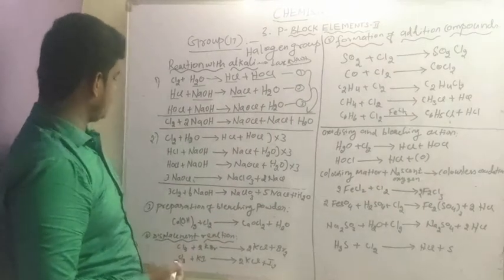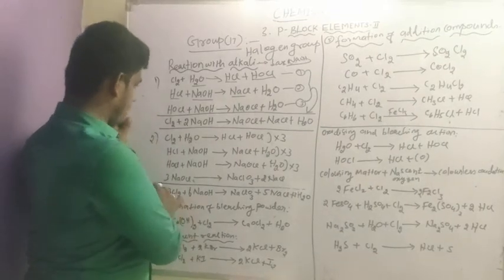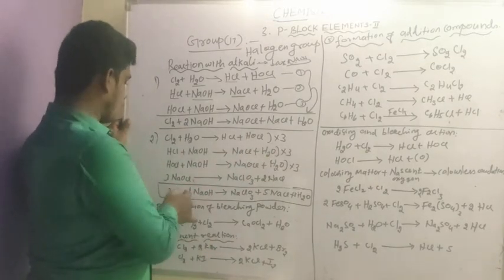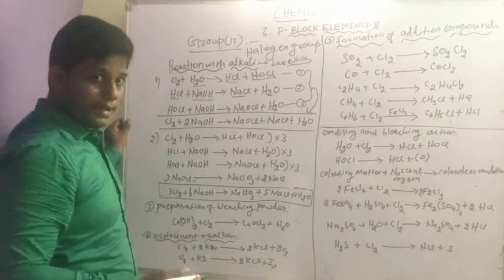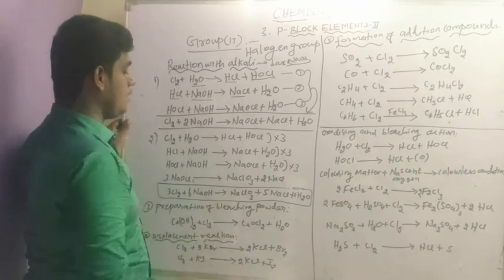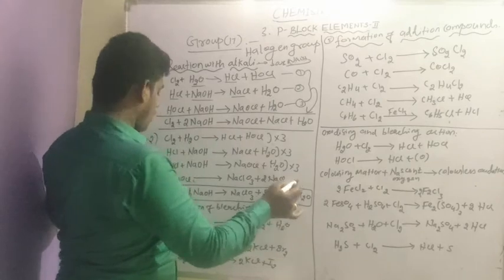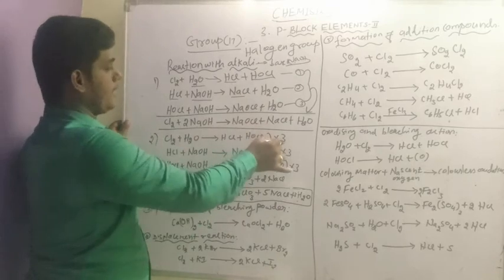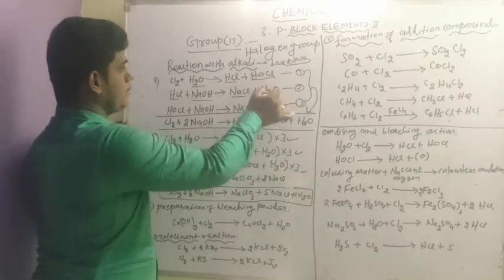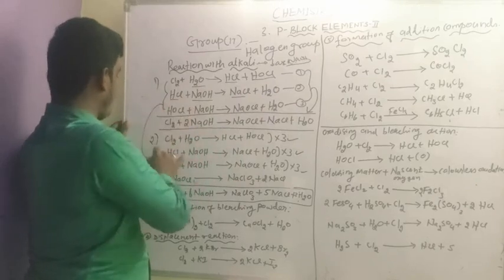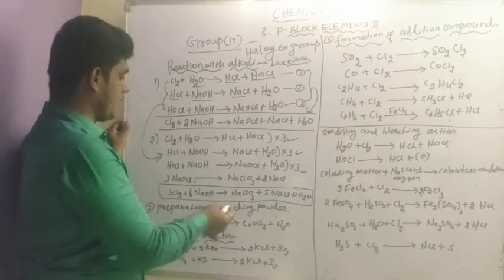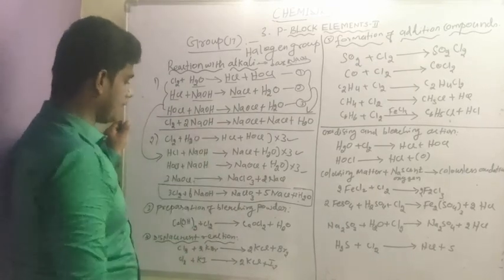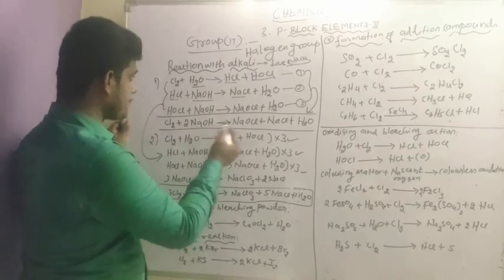Next reaction: we discuss only the overall reaction first, and after that steps 1, 2, 3. So chlorine reacts with an excess amount of base to form NaClO3, also NaCl, also H2O. A similar reaction type, but taking the excess amount. These three steps produce the NaClO3 compound. So it is a simple preparation method. These are the properties of chlorine gas.